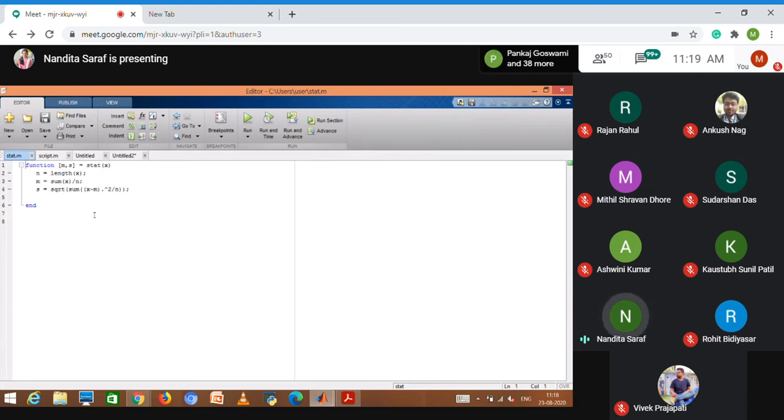Okay, so if you have used square bracket, then it is okay. If you have used square bracket, then it is taking it as an array. I thought you were using a single number. You have to not run the function file. You have to run the script file. In the script file, you will be calling the function file, and then you have to run the script file.